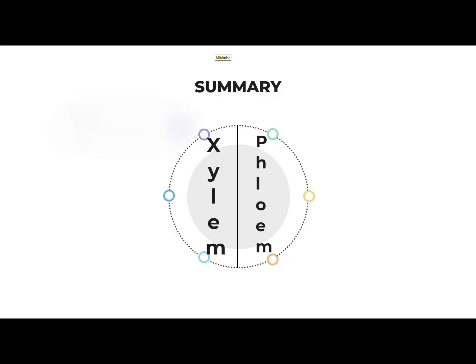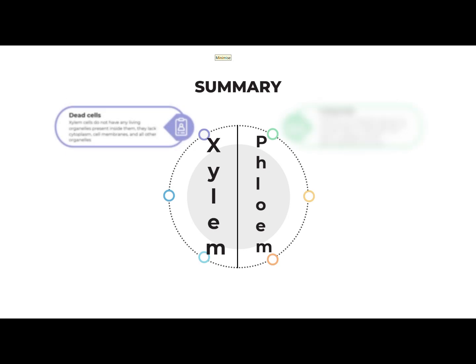Let's do a quick summary of the differences between xylem and phloem. Now remember, xylem is dead cells, so they do not have any living organelles present inside of them. So they lack cytoplasm, the cell membrane, and all the other organelles. Whereas phloem is living tissue. They have cytoplasm, and they also have companion cells that contain mitochondria, a nucleus, and other organelles to service the